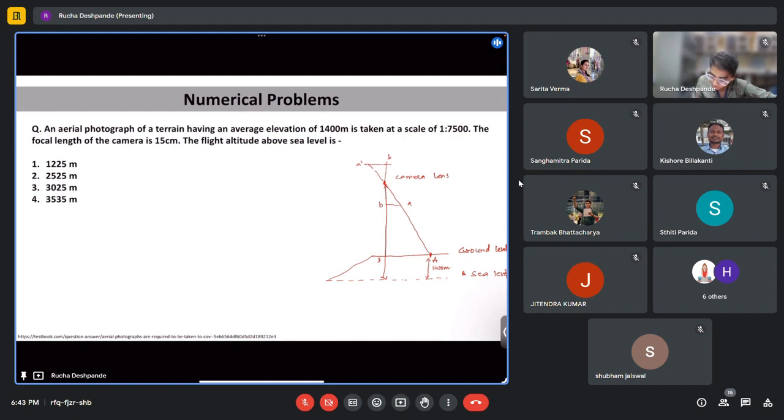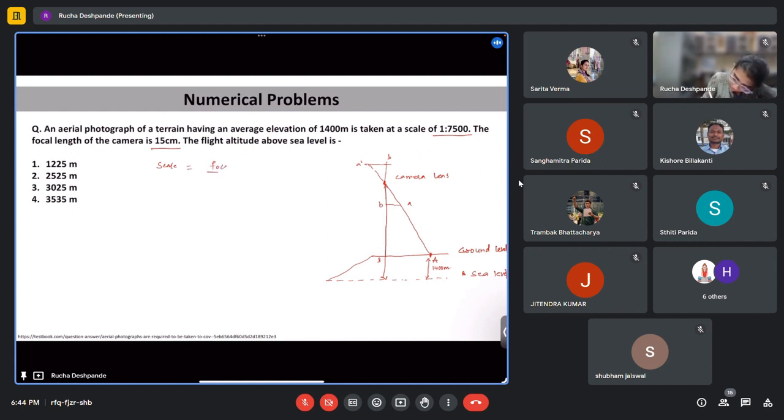So this is the point which is at the ground level, and the elevation of that point is 1400 meters above the mean sea level. And they have given the scale of the photograph as 1 is to 7500, and focal length is also given. So we saw in representative fraction that scale can also be given as f by